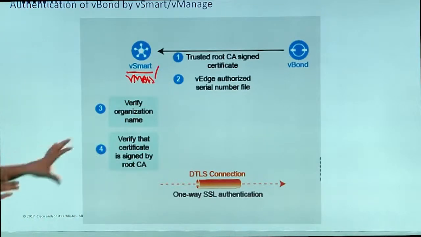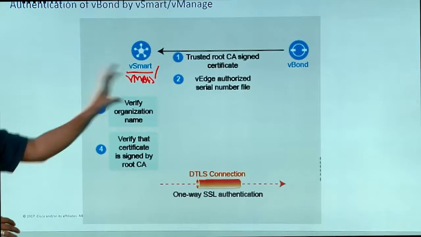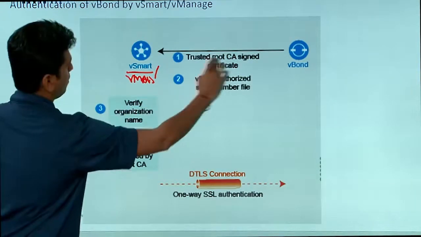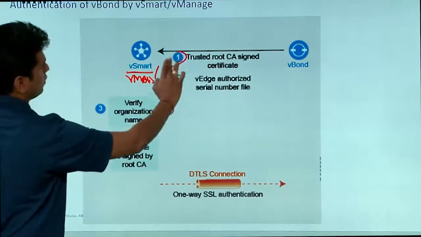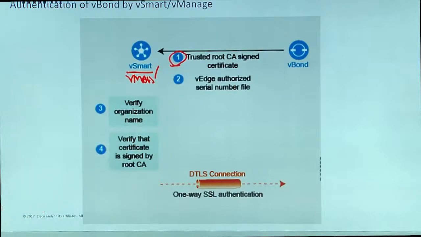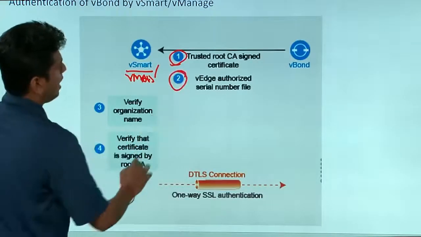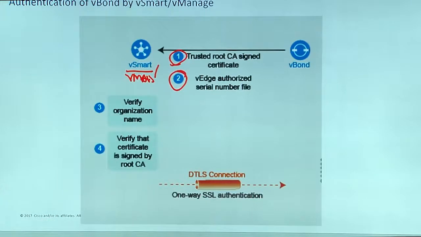For simplicity, let's start with that: vBond wants to authenticate himself to the vSmart or the vManage. What are the steps that go into the backdoor? The vBond would send his trusted root CA signed certificate. That means his signed certificate, vBond would actually send it over to the vSmart. He would also send a vEdge authorized serial number file